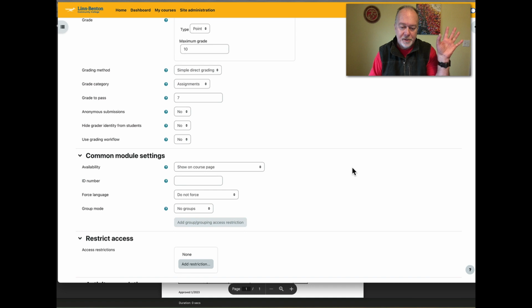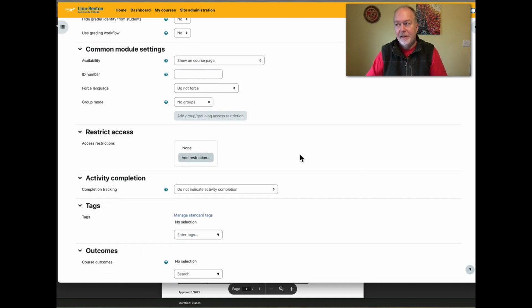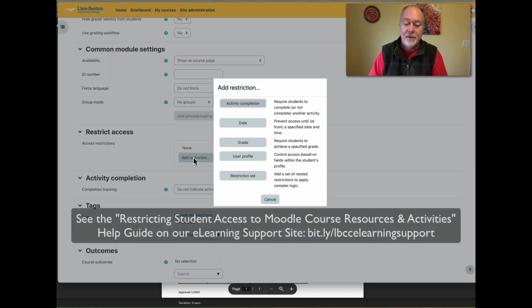I don't even remember what the first and second and third thing were up there, but let's say that this was the fourth thing in a series of things you want your students to be doing in a sequence, and they can't do the second one until they've done the first one. They can't do the third thing until they've done the second thing, and so forth, and maybe this assignment might be the fourth thing. If you wanted to add an activity restriction, you click Add Restriction and Activity Completion, and